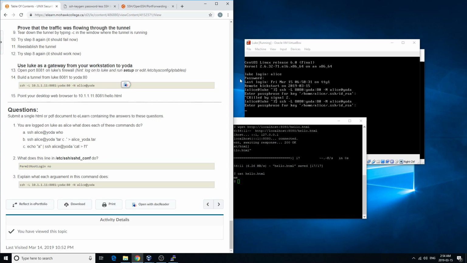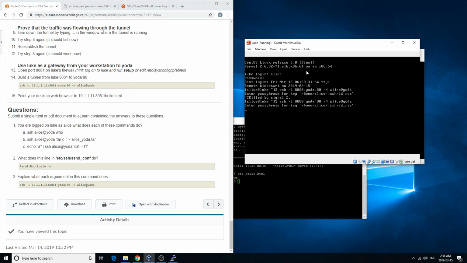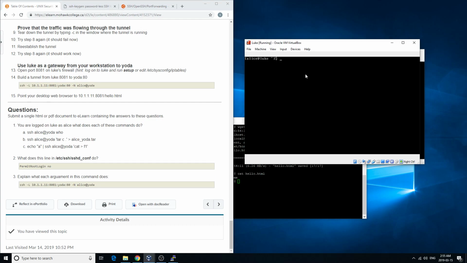So let's go into Luke first, and we can kill this, clear this. And there's a couple ways that you can do this. What I'm going to do is just edit this file because there is a lab, which is lab 6, where you're going to be going into this file and editing this, so you should probably get used to this, but you can use setup if you'd like. So what we're going to do is vi into /etc/sysconfig/iptables,